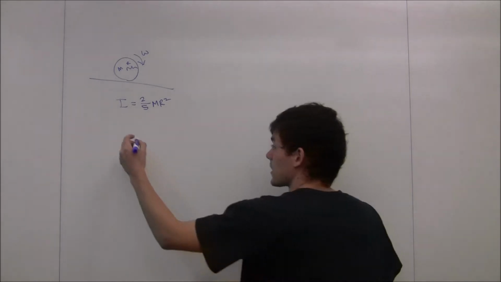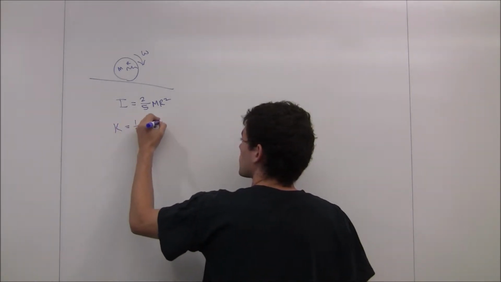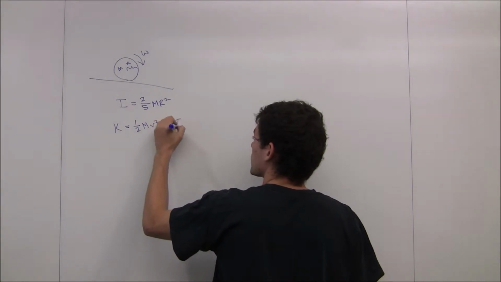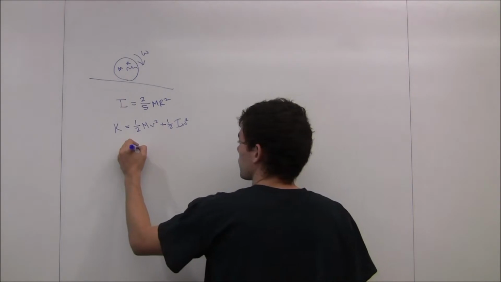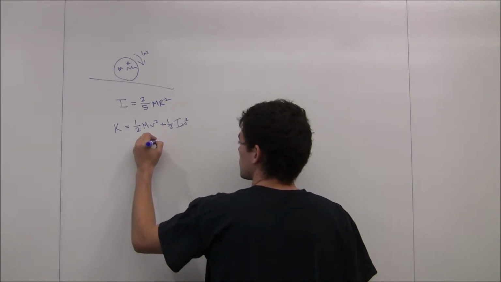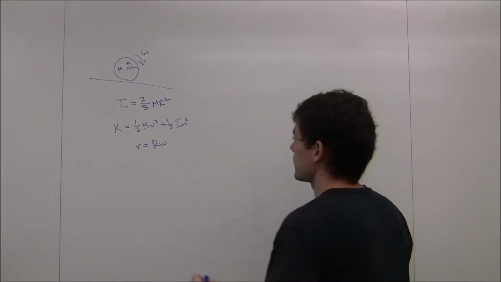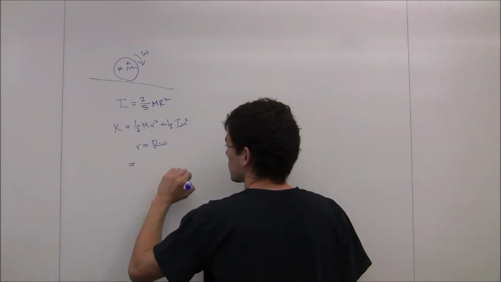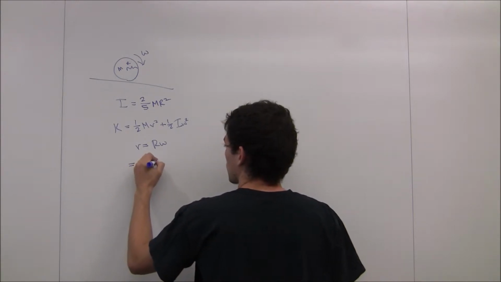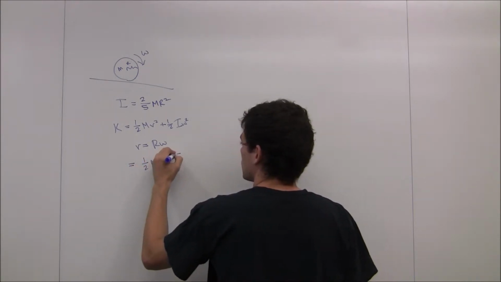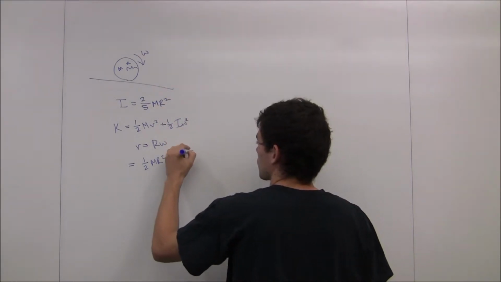So we know that its kinetic energy is going to be 1/2 mv squared plus 1/2 I omega squared. But we also know that since it's rolling without slipping, the velocity is just going to be r times omega. So we can plug that in right there. So that gives us the total kinetic energy is going to be 1/2 mr squared omega squared plus 1/2 times I. So that's going to be 1/5